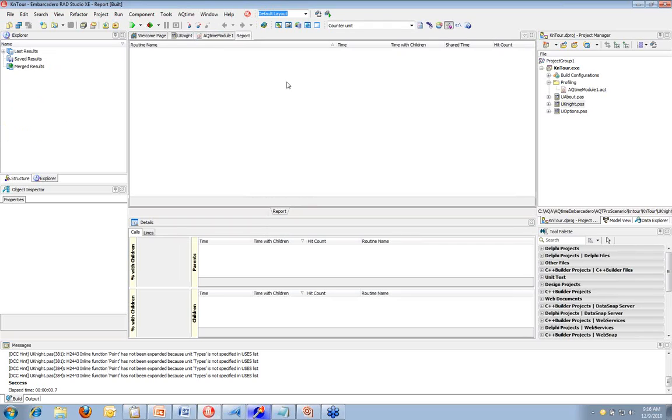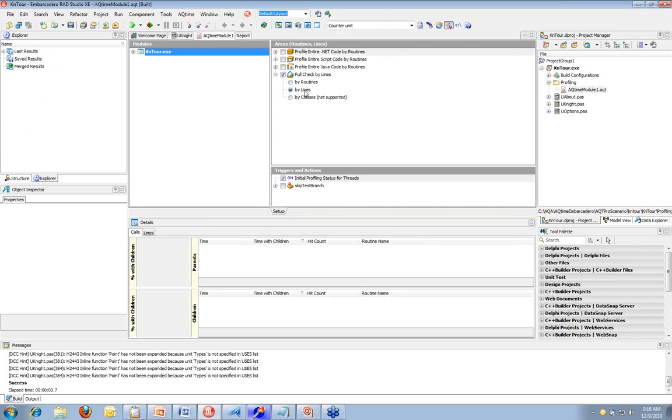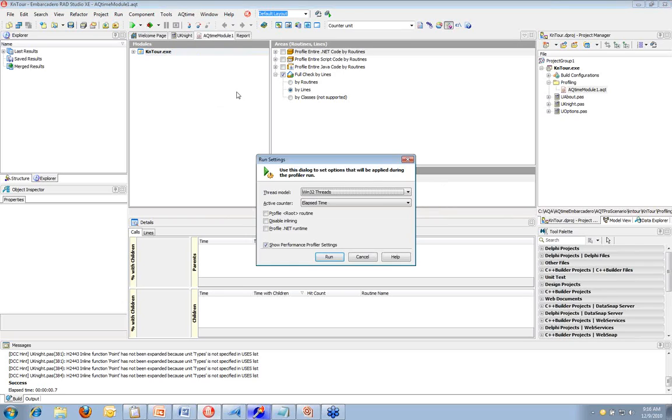Okay, and now you can see right here I've got set by lines, so I will profile down at the line level, and we'll just start profiling the application again. And we'll just say run with profiling. Okay, now one thing I want to mention here is that AQtime Pro provides additional counters here in the active